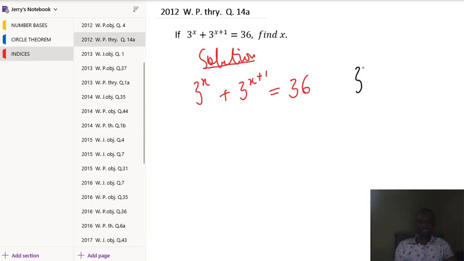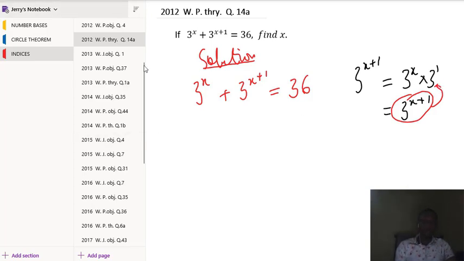So this 3 exponent x plus 1 is 3 exponent x times 3 exponent 1. Because the bases were the same, that is why we wrote it as 3 exponent x plus 1. With this one, we are going to replace it by this. So we are going to have 3 exponent x plus 3 exponent 1 times 3 exponent x